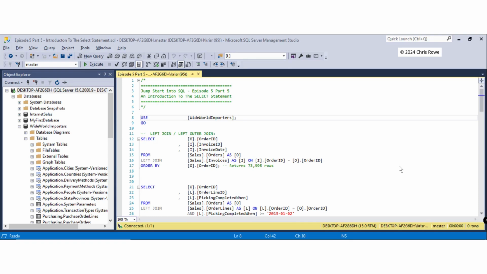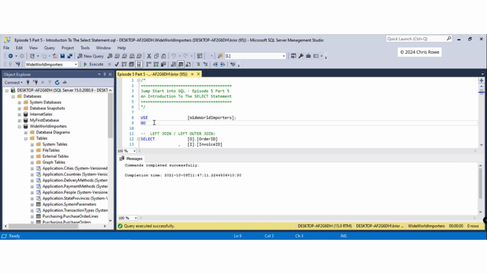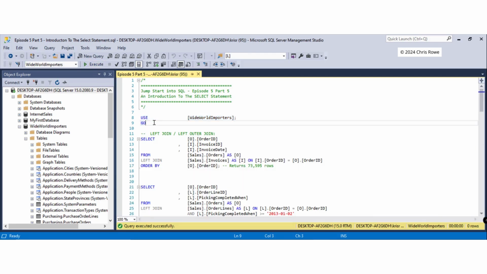Okay then, on to the left join itself. Let's make sure once again we're in the right database. As you can see, although we were in the right database when we were looking at the answer to the question on the end of the previous video, once we've closed that query, we've switched back to whatever it was defaulted to on this query. So let's execute that, and we're now in the right database. So the left join then,